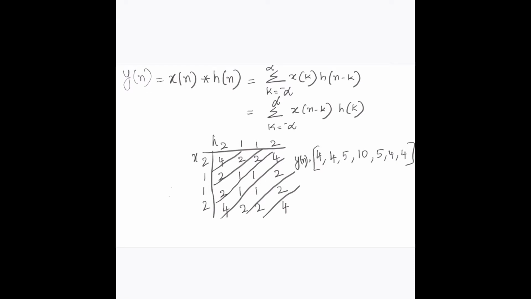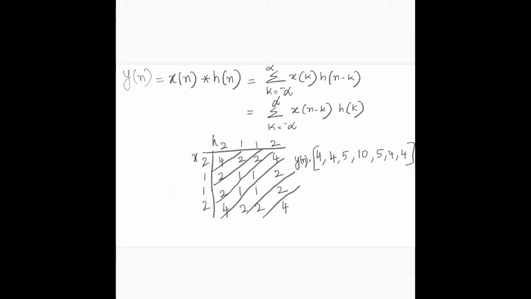Also, we can theoretically calculate linear convolution using this very simple method. Suppose x of n is given as 2, 1, 1, 2 and h of n is given as 2, 1, 1, 2. We can just write these terms like this. Now here 2 into 2 will correspond to 4, 2 into 1 will correspond to 2, 2 into 1 will correspond to 2, and 2 into 2 will be equal to 4.